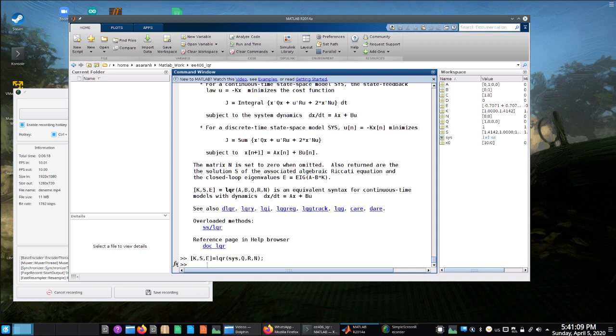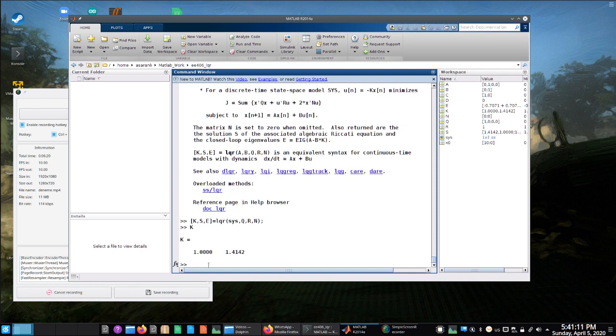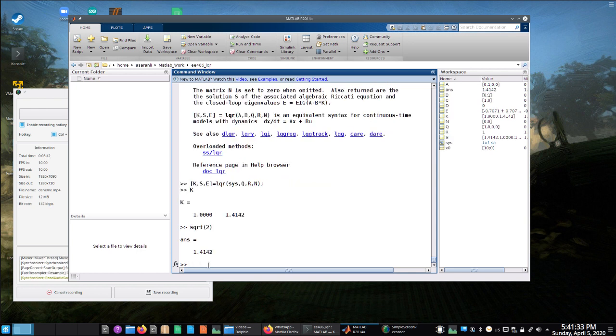Now, the K, the optimal feedback matrix, is given by 1 and 1.41. If you remember our solution, in fact, our K matrix was 1 and square root of 2. So if we calculate square root of 2, we would see that this corresponds to what we have here. So we have obtained exactly the same K